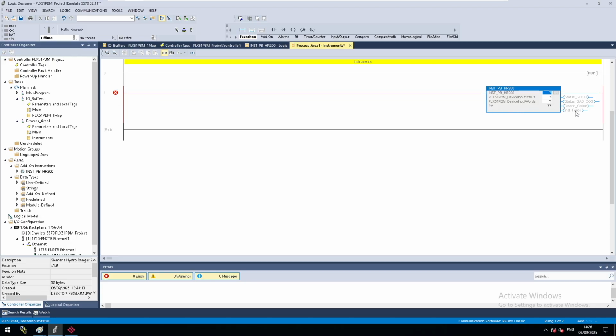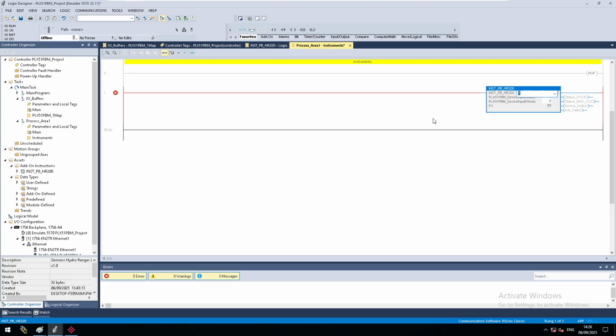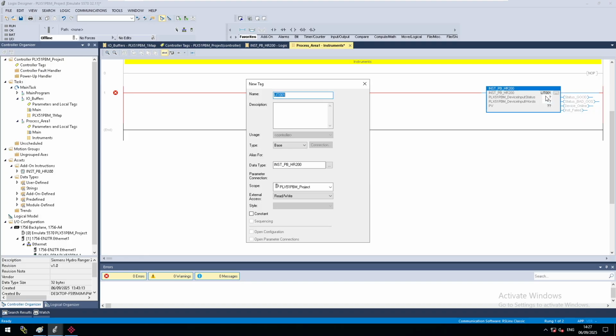So you can see there we've got our output parameters on the right with the status, with our device online and instrument failed. But first I'm going to call my block the same as what the instrument's called, so LIT001. So the block will be called this, and the data type will come off this tag. So I'm just checking that it's controller scope because I want to use it on the HMI or SCADA screens. That's fine, so I'm going to put the description in